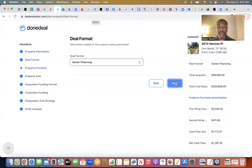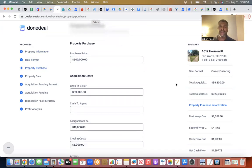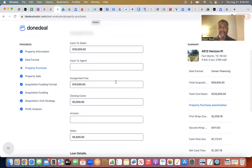Again, like I said, we're going to get owner financing for this particular property. The owner's going to finance it to us at $300,000. They're looking for $39,000 down. We're trying to negotiate that, maybe get that reduced a little bit. Assignment fee of $10,000. That'll go to the wholesaler who actually brought the deal to us. We're estimating about $5,000 in closing costs, and then another $5,800 in carrying costs, because what we're going to do